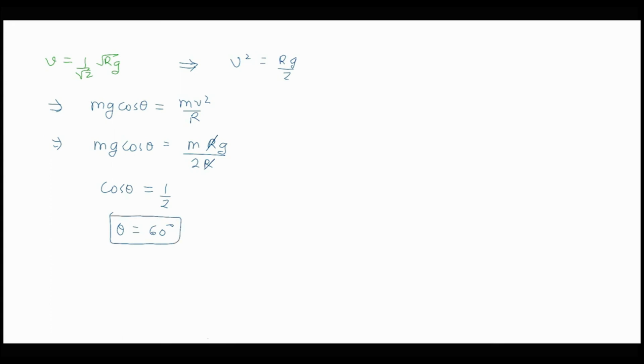So at an angle of 60 degree it will lose the contact, or I can say that if we wish to calculate the distance it travels from the highest point, then this angle is 60 degree and this radius is r. So 60 degree can be written as pi r by 3. So this arc length, which I call delta L, can be written as pi r by 3 from the highest point. So on covering a distance of pi r by 3 from the highest point, it will lose contact over there.